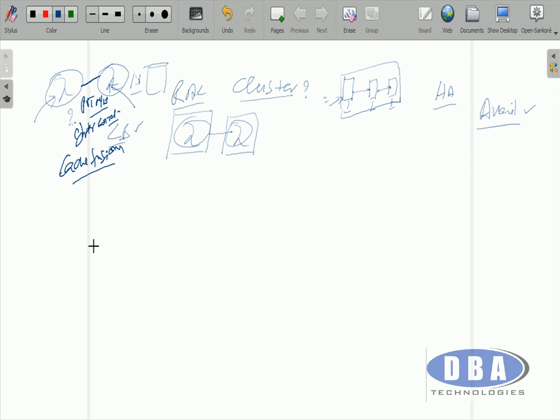Having said that, the main criterion to set up Real Application Clusters is that our database must be accessible by these two nodes. How is that possible? Server 1 should be able to access it, server 2 should be able to access the database. So let's say this is node 1, node 2. This is only possible when your database is placed on shared storage.